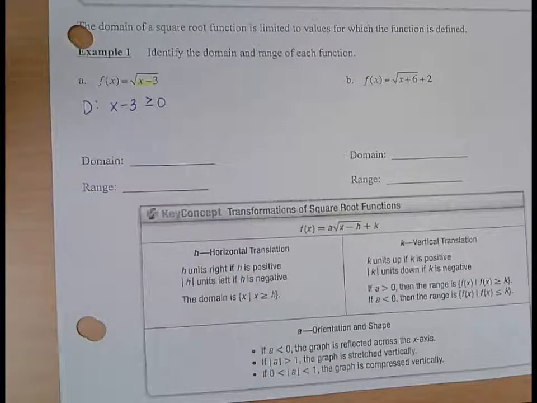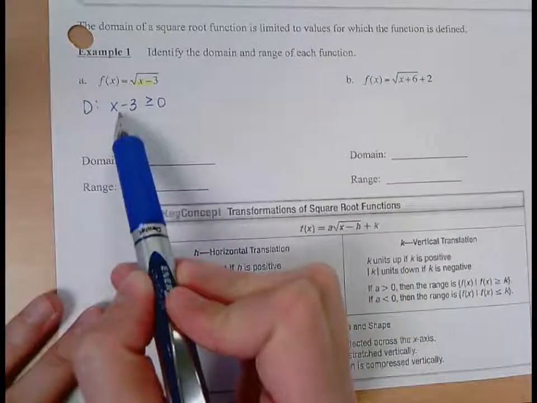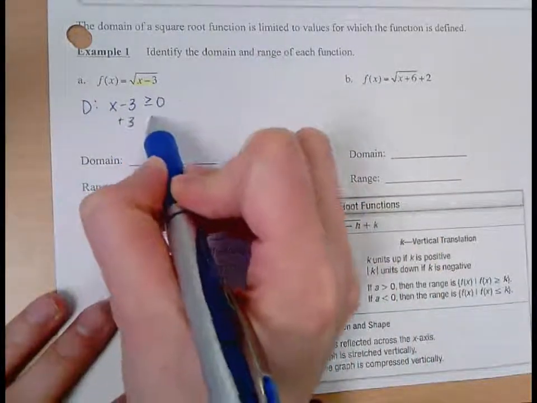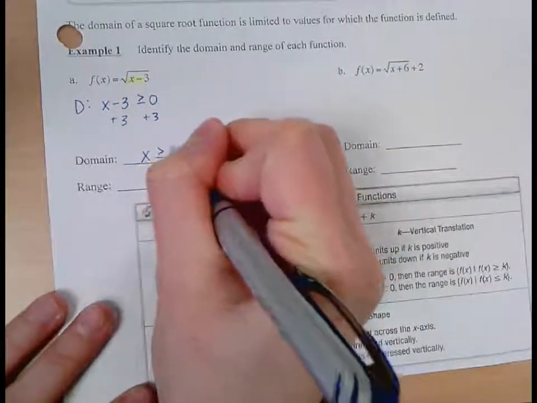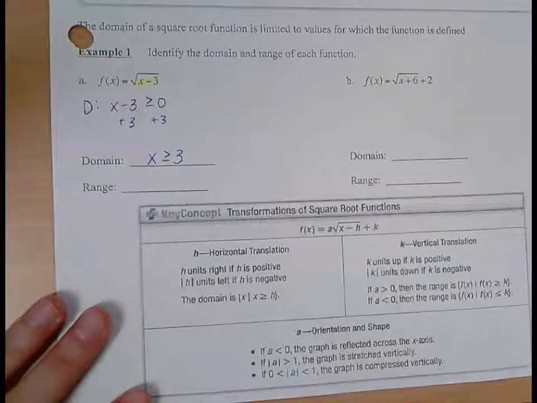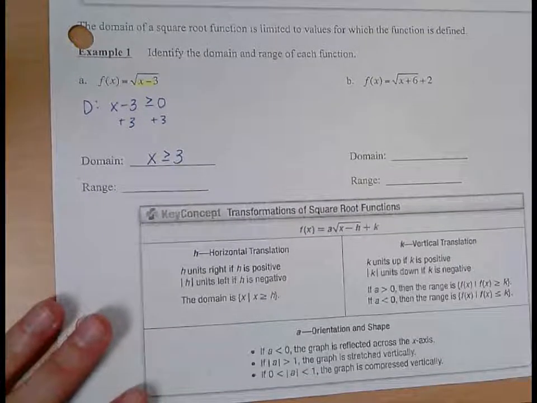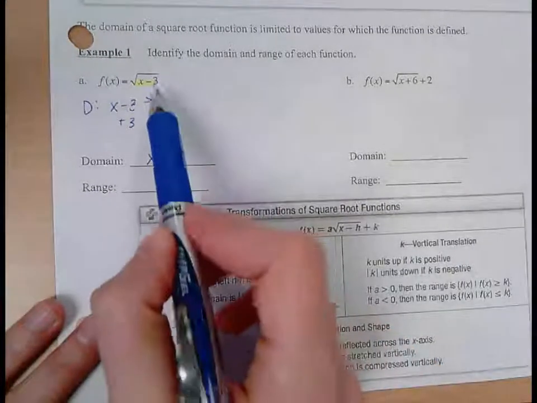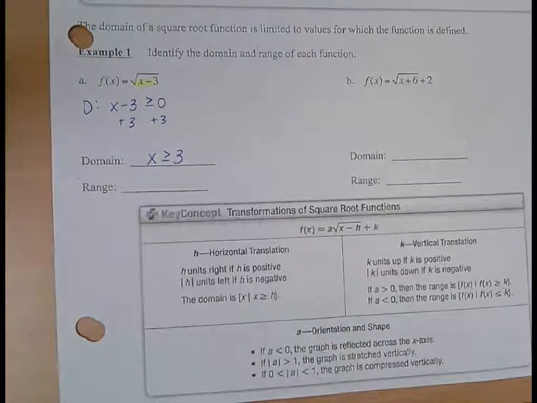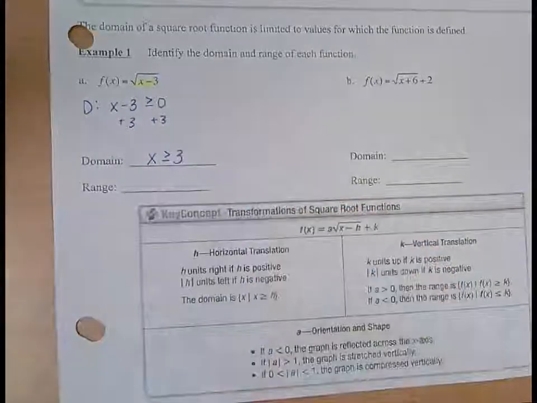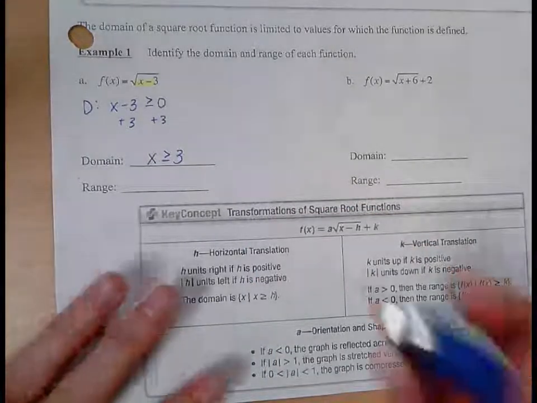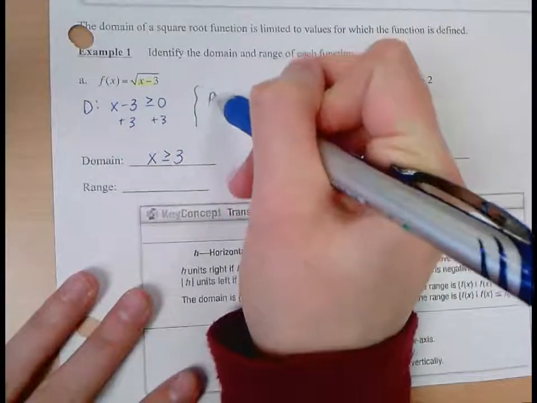So if x minus 3 has to be greater than or equal to 0, if I add 3 to each side, this means then for my domain, my x values have to be greater than or equal to positive 3. If x is a number that's less than 3, then I would get a negative number in the square root. And therefore, the domain is only if x is greater than or equal to 3. So finding the domain, you set what's inside the square root symbol greater than or equal to 0 and solve for x. And then to find the range,